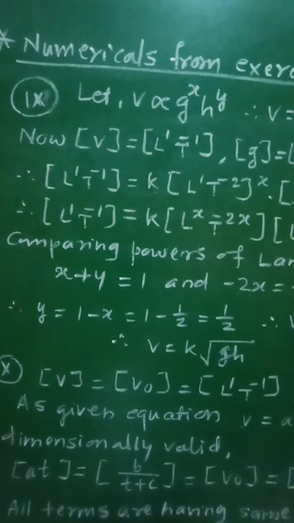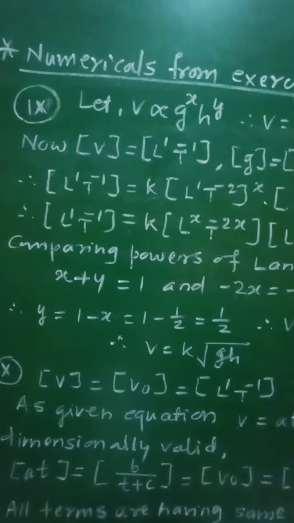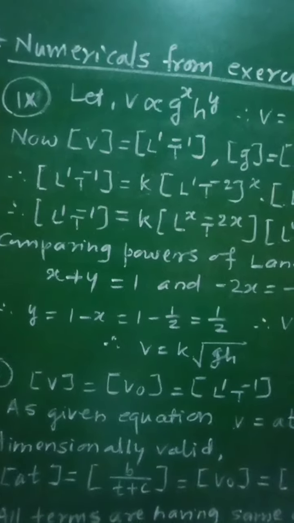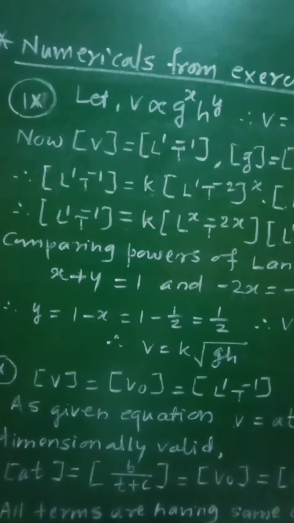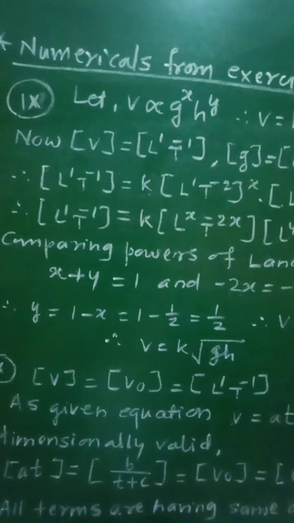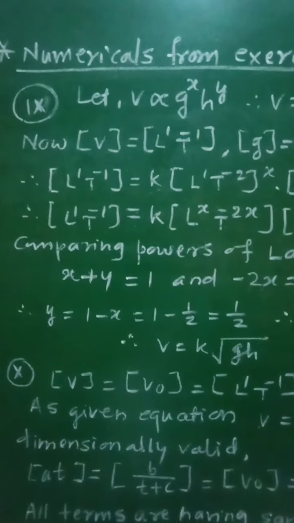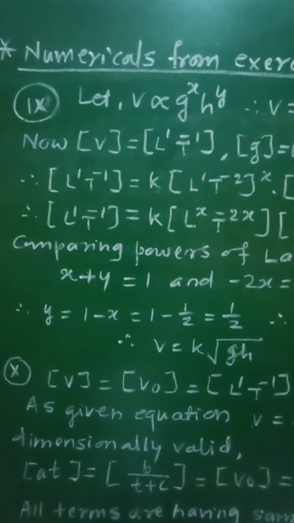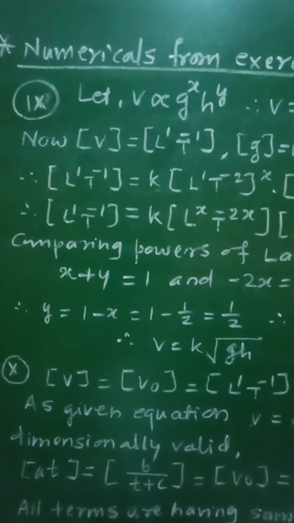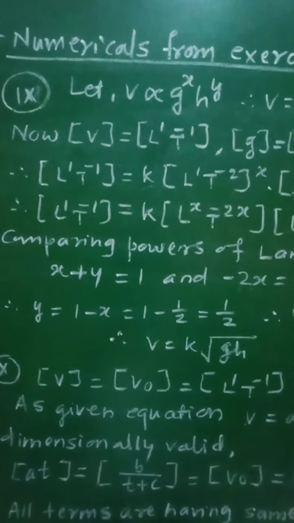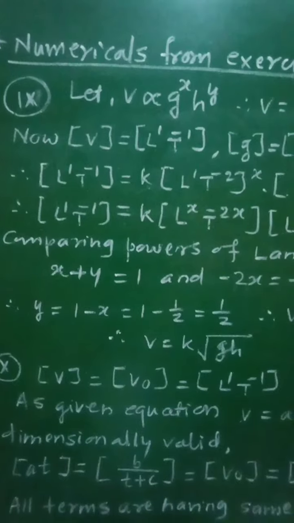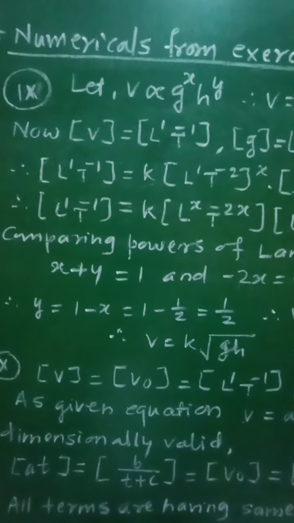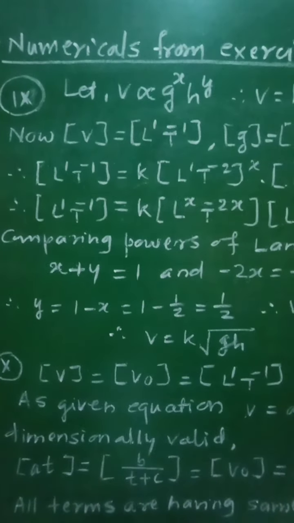gravitational force. Its velocity after traveling a distance h is phi. If phi depends upon gravitational acceleration g and distance h, then prove with dimensional analysis that phi equal to k root gh, where k is a constant.